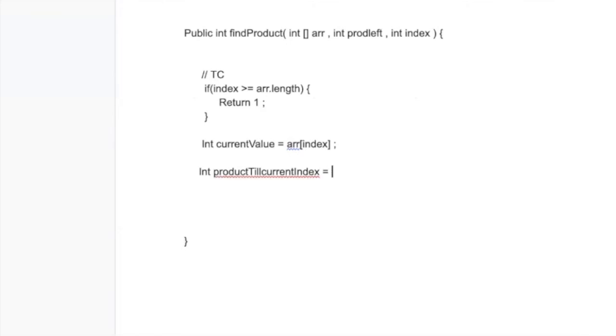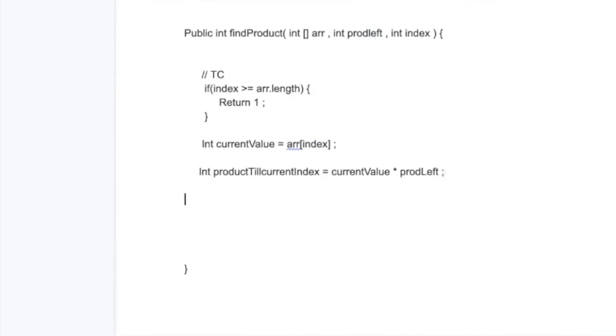The product till the current index means the product till the left, and if I multiply with the current value, I'll get the product till the current index, right? Because prod left is the product of all the elements to the left of the current index. If I multiply that product left with the value in the current index, I'll get the product till the current index. So this value will be equal to current value times prod left, right?